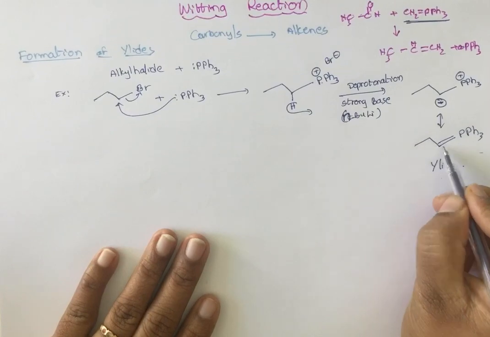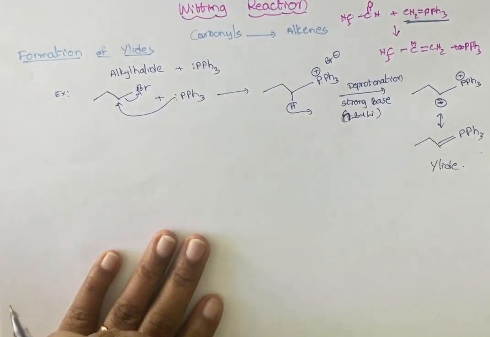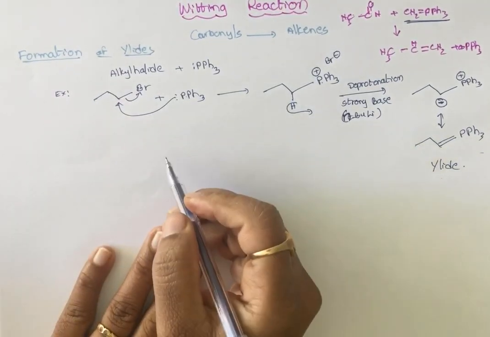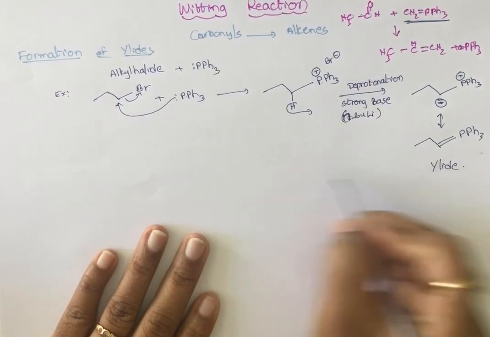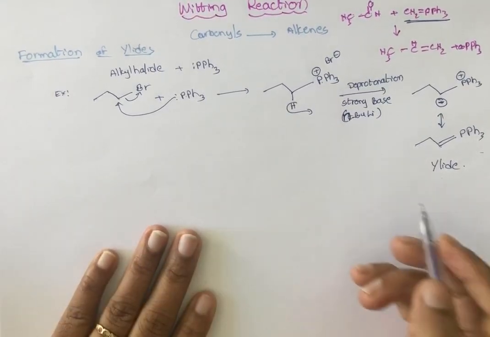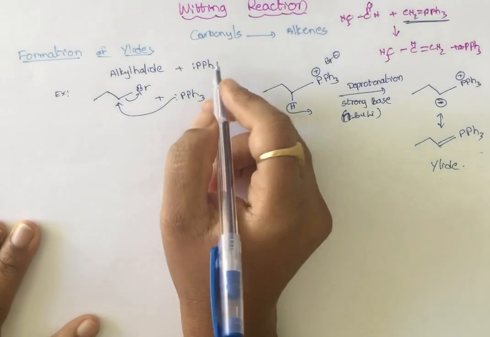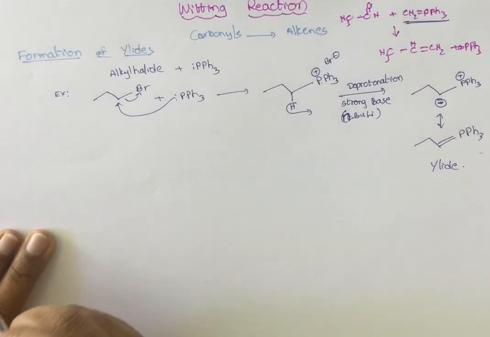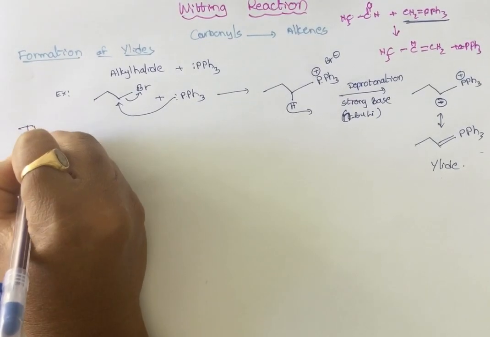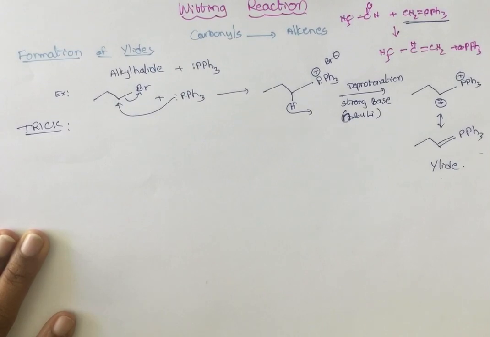So this is the way we can get any type of ylide based on the requirement. I want 3 carbons here, so I took a 3 carbon alkyl halide. If I want 4, you can take a 4 carbon alkyl halide. Like this you can generate different types of ylides. And when you attach the ylide to the carbonyl or aldehyde compound, what products do you get? How can we guess that? So let us see the trick to identify the type of products if they give a reactant.